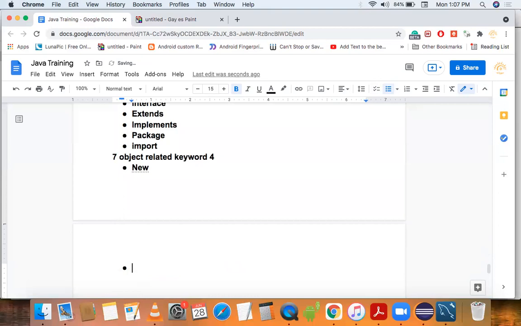Second one is instanceof. And next is super, and this. So these are object related keywords.